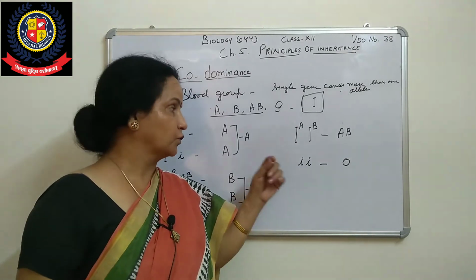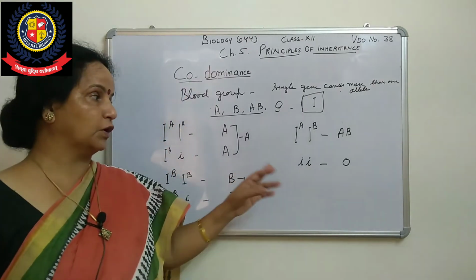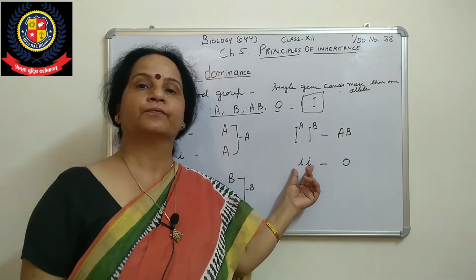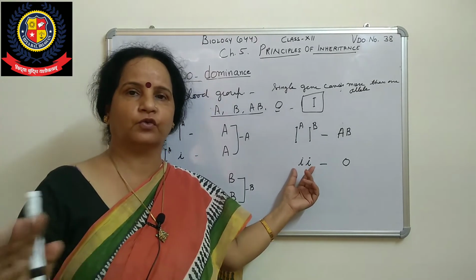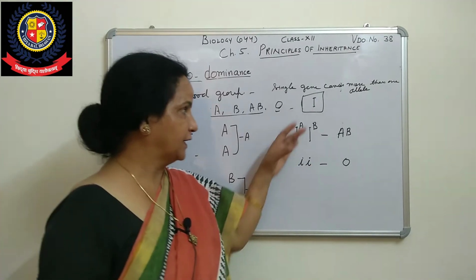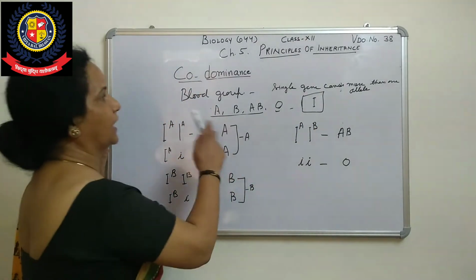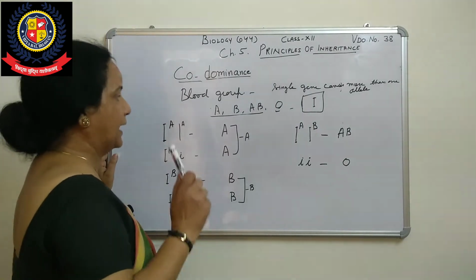When it is the O blood group, because it is recessive, no sugar is on that plasma membrane of the RBC. So what will happen? That will be homozygous recessive. In that case, only O will show when both are homozygous recessive. As you know, with small t, they show shortness. Here also the same thing is there. So in that way, this ABO blood grouping is also called multiple allelism.